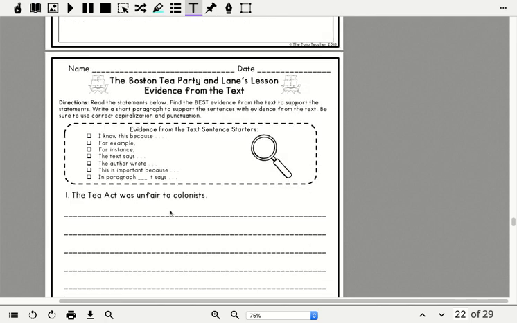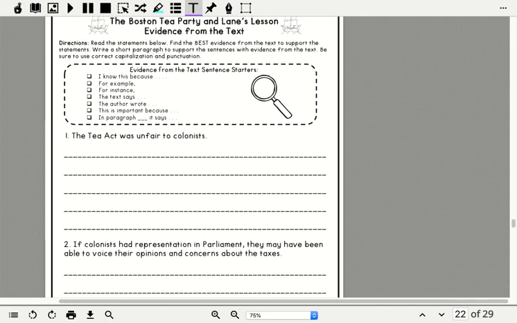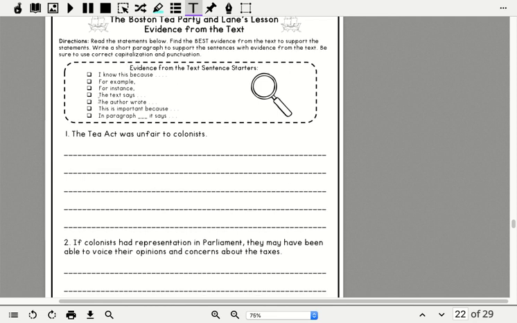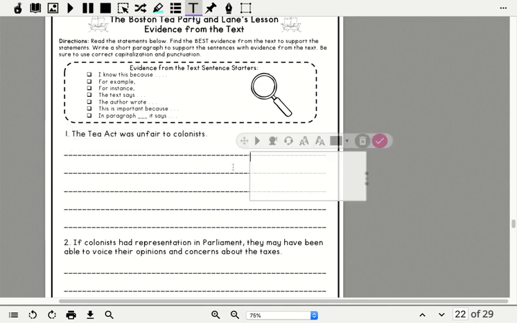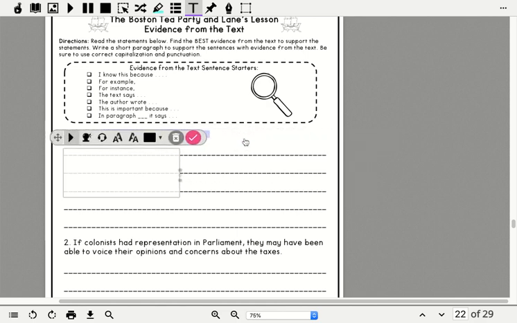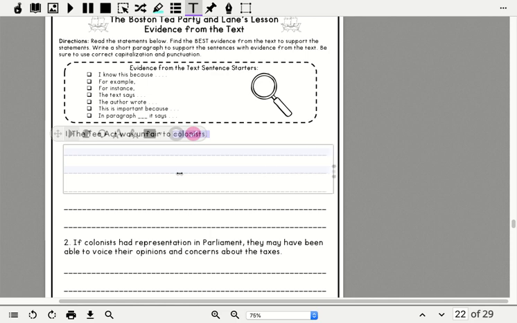So now we're going to come down and do evidence from the text. Last two questions for the Boston Tea Party. You're almost there. Remember, we're going to use this evidence from the text. So the Tea Act was unfair to colonists. It says find the best evidence from the text to support the statement. So we're going to continue with this. I know the Tea Act was unfair to colonists because,